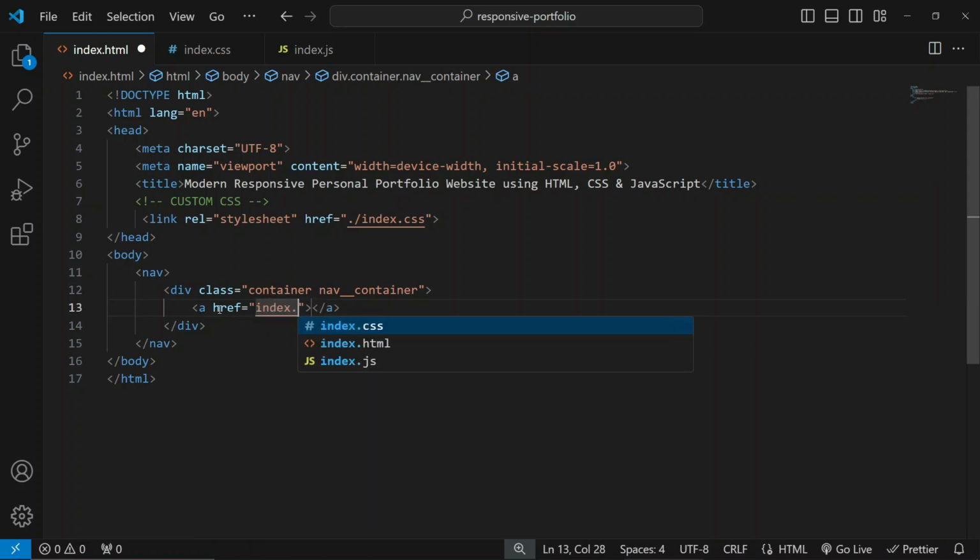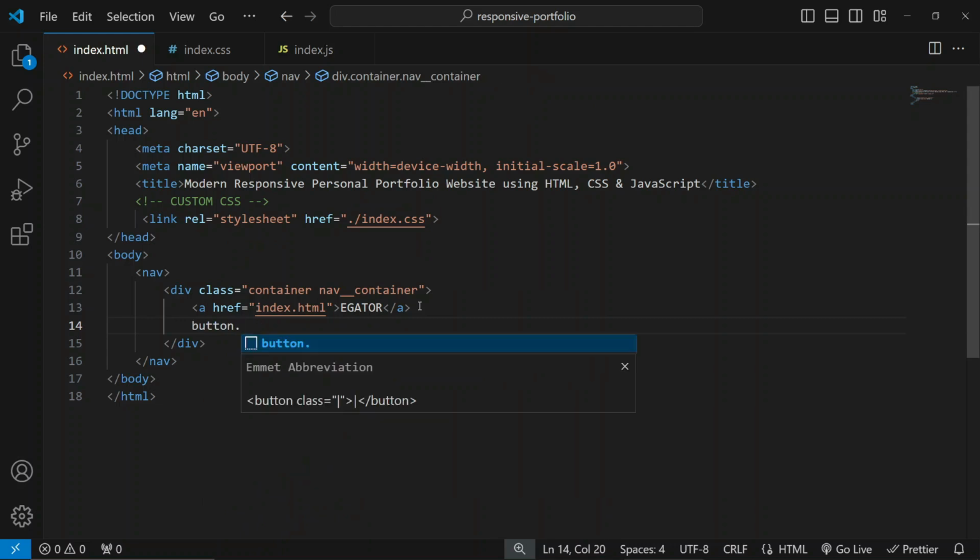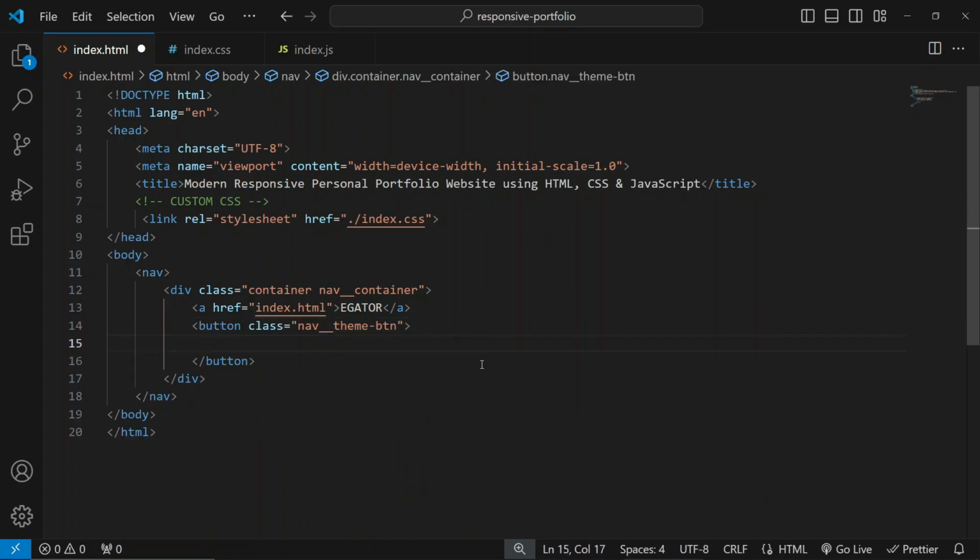Otherwise, if you want the page to refresh on click of this link, then let's target the index.html file. Now my logo is going to be just a text, and that will say EGATOR. And also we are going to have our button that is going to have the theme icon. Let's give this a class of nav theme btn, and inside of that we are going to have